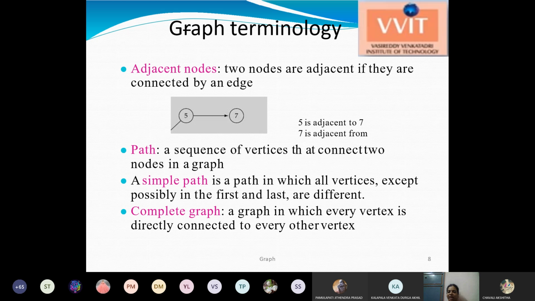This is also another type of graph, in which every vertex is directly connected to the other vertices of the graph. Say, for example, there are 3 vertices in the graph and all 3 vertices are directly connected to the other vertices. There is a direct edge from each vertex to all other vertices, that is, from the first vertex to the second and third, the second vertex to the third and first, and the third vertex to the first and second. If all the vertices are connected with all other vertices, then we call that a complete graph.